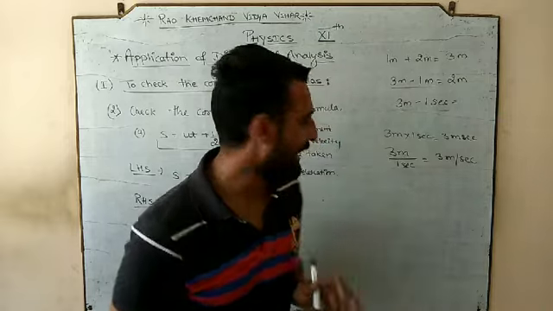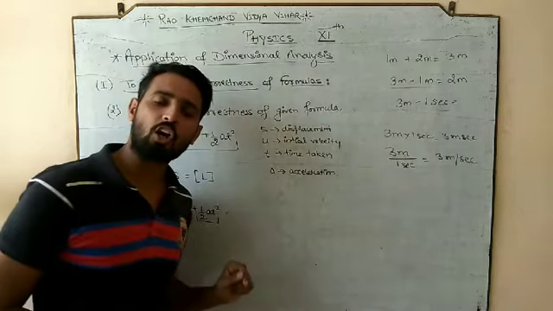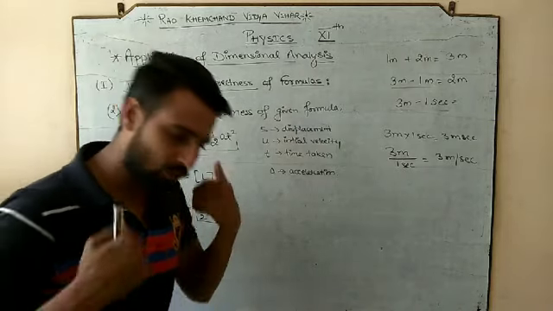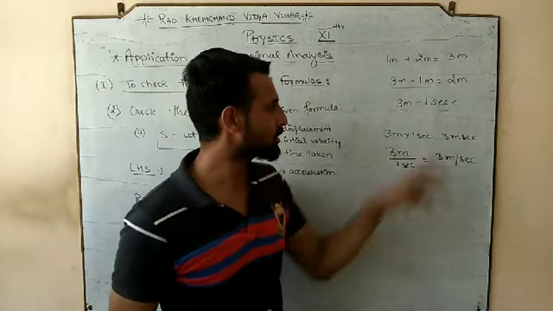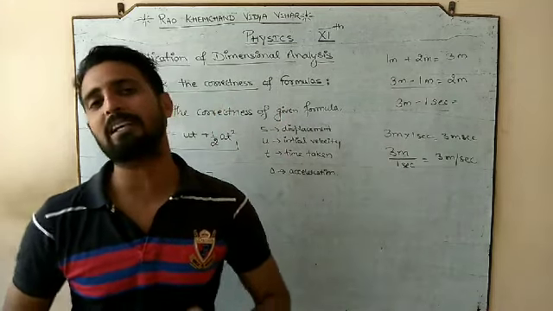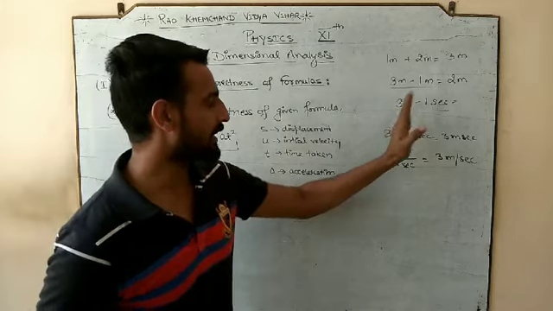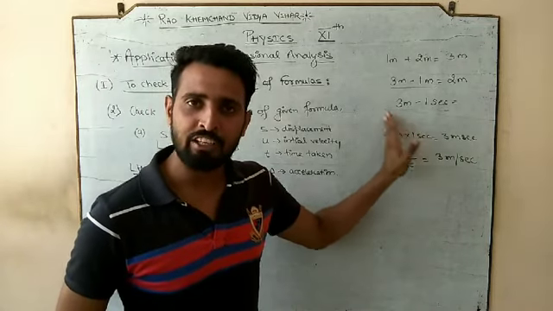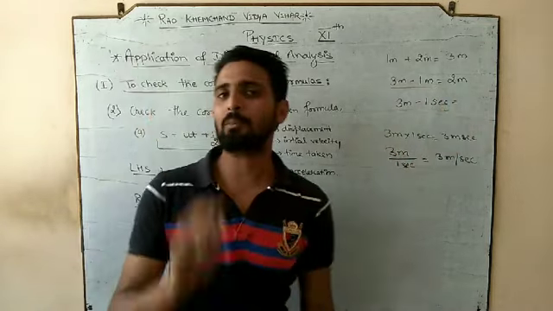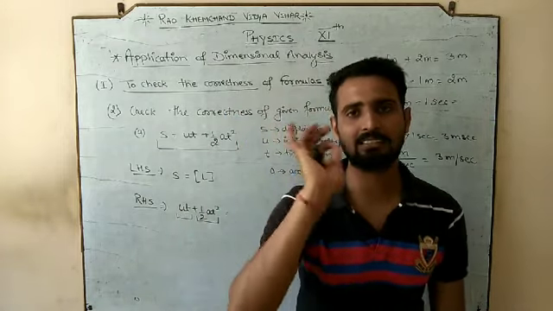So the point is that either we talk about multiplication or we talk about division. The quantities or the terms with different units can be multiplied or divided. That can be done. But the quantities or the terms of different units cannot be added or subtracted. This is the learning part.